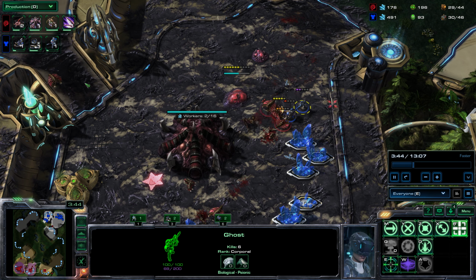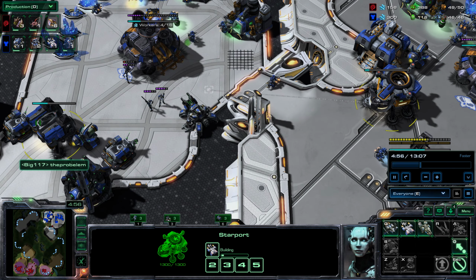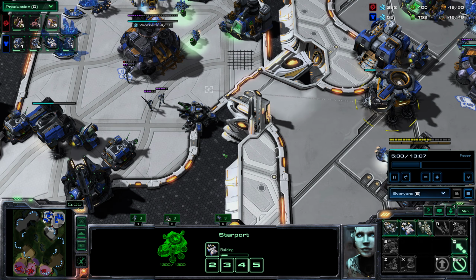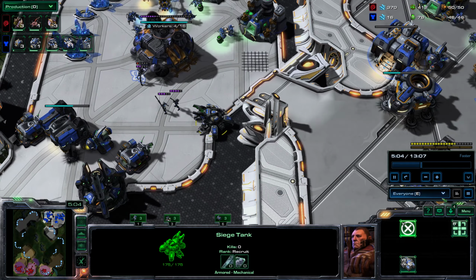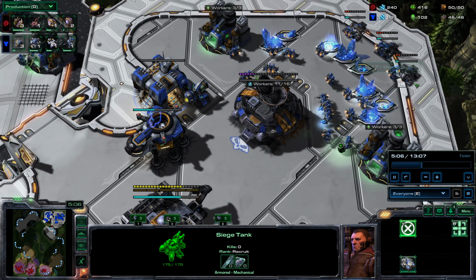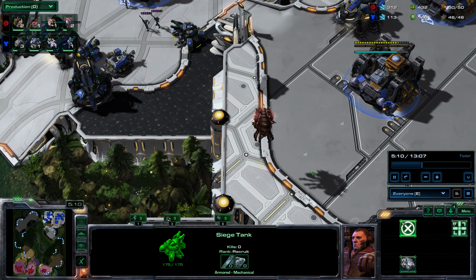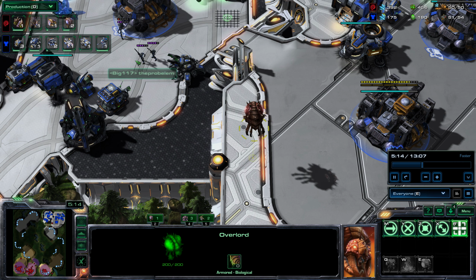So with the ghosts building, we're going to try and delay it so that the 4th ghost pops out at about the same time as our medevac. Got 1 tank to hold the line when we send everything across the map because that's how Terran do. So finally see this Overlord. It takes ghosts